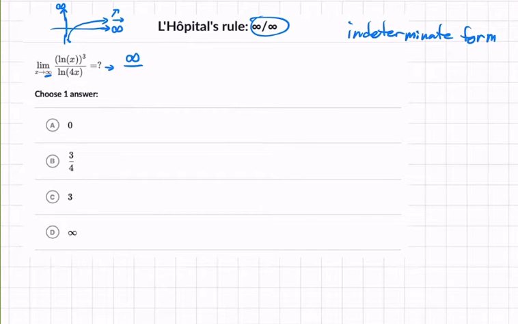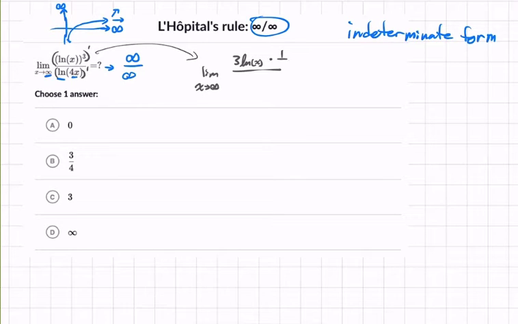On the bottom, we have the same situation. We have natural log, now we're multiplying the x times 4. That's just going to stretch this function out a little bit, but we're going to get the same behavior. We have infinity over infinity, so we can use L'Hopital's rule on this guy. So after L'Hopital's rule, this is what we would have: the limit as x approaches infinity. We have to take the derivative of the top and the derivative of the bottom. When I take the derivative of the top, I get 3 natural log of x